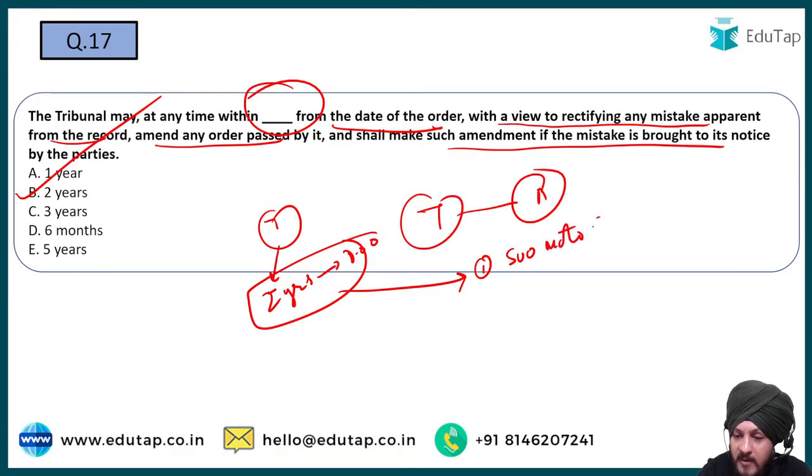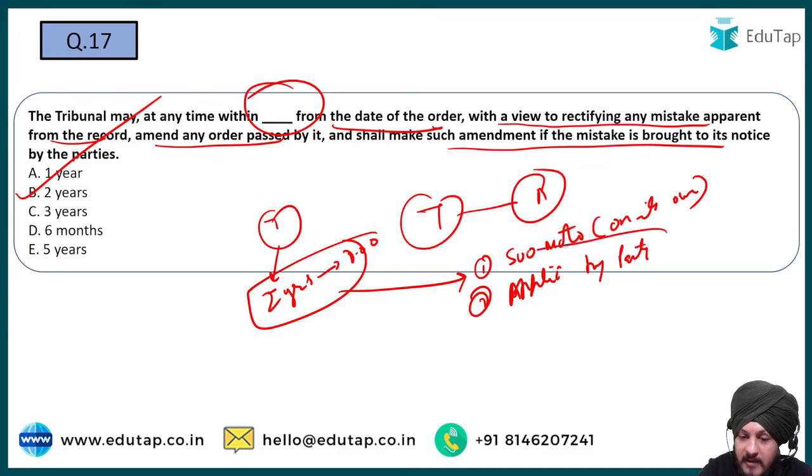also. Suo motu का मतलब क्या है? On its own. It basically means on its own, अगर ट्राइब्यूनल को खुद भी आइडेंटिफाई होगा कि इस ऑर्डर में कोई रिकॉर्ड में कोई मिस्टेक है, so they can rectify it by themselves within this 2 years. और ऑफ कोर्स it can be through the application by the party also, if any party that is there, right,